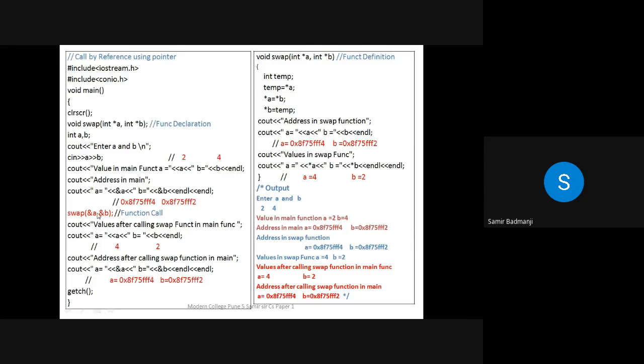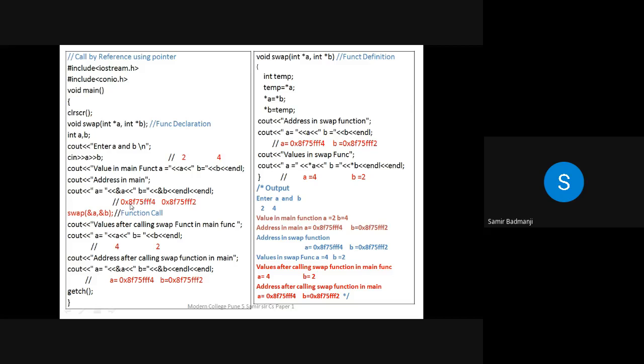Okay. So when the function call is made, what will happen? Automatically control will be transferred to the function. It will not go further. Once this function is called, it will directly go to the function definition. And the addresses which are passed will be passed to a and b. The name of the function is also swap, and star a, star b means what? They are pointer variables. So what is a pointer? A pointer is a variable which stores the address of another variable. Now the addresses of a and b we are passing. See, we are not passing the values 2 and 4. Swap ampersand a means what?